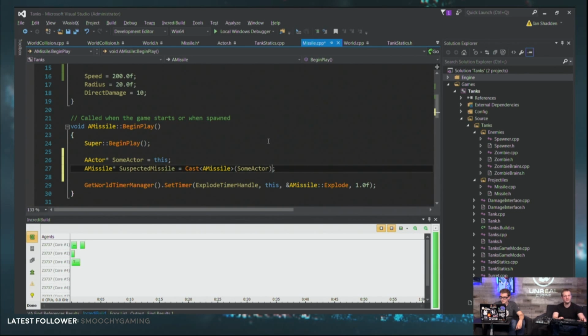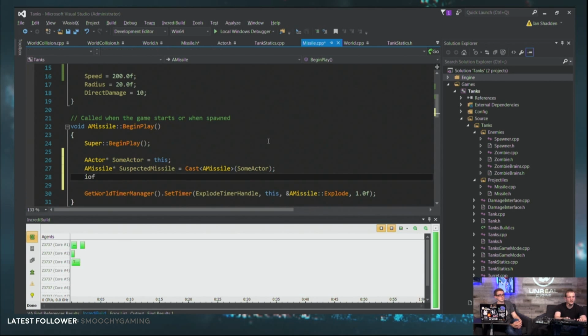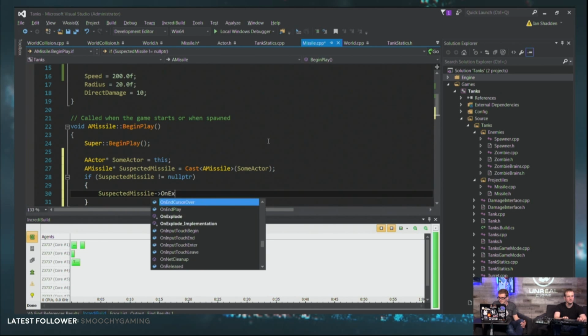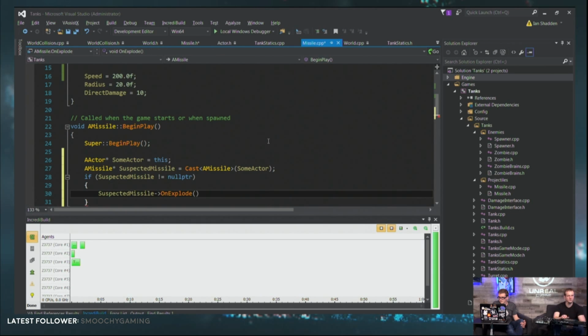So see if I can cast this actor to the type AMissile. If this comes back as null pointer, then either some actor is null or some actor isn't a missile. Otherwise, if it comes back as anything other than null, that's a missile. So I can say if suspected missile is not null, then I can explode or whatever it is I want the missile to do.